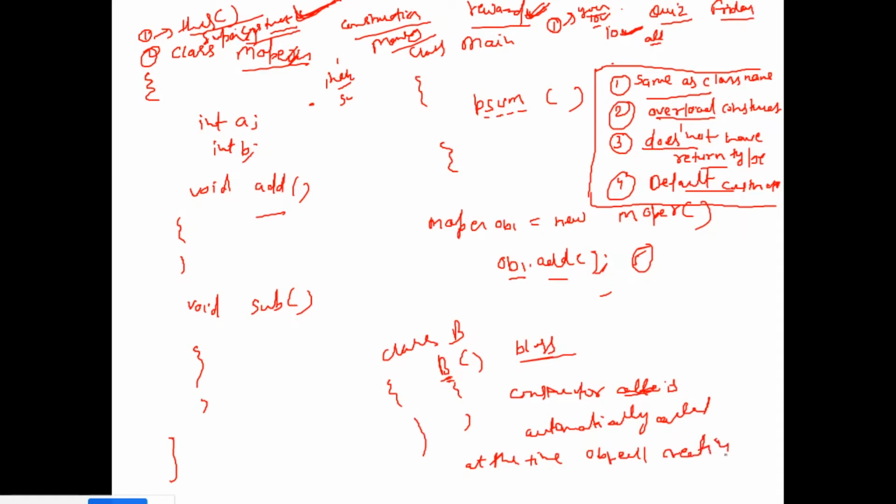These are the 5 major points about the constructor. If any interviewer asks you, just reply with these 5 points, right? If you are going to attend an interview, this might be a question.